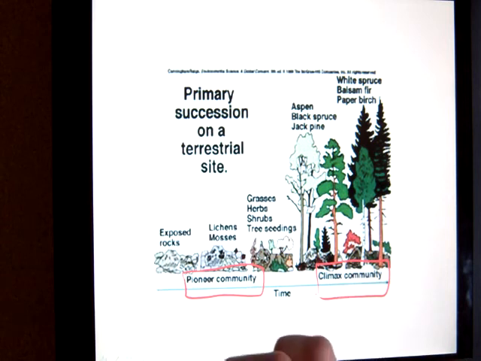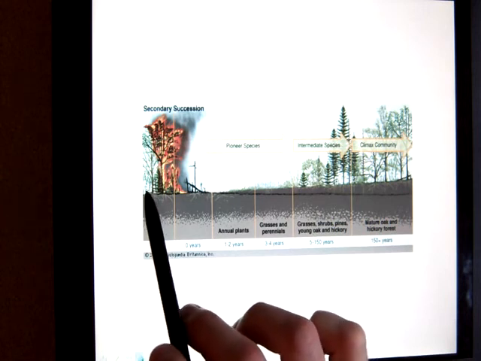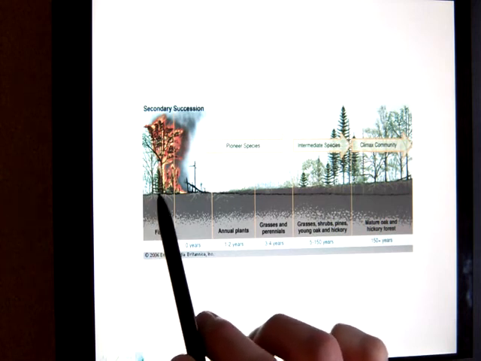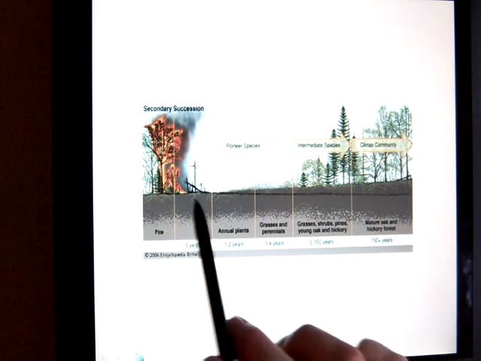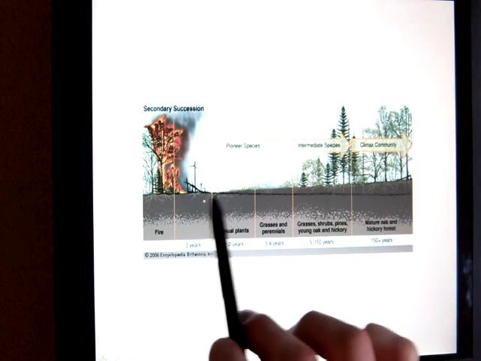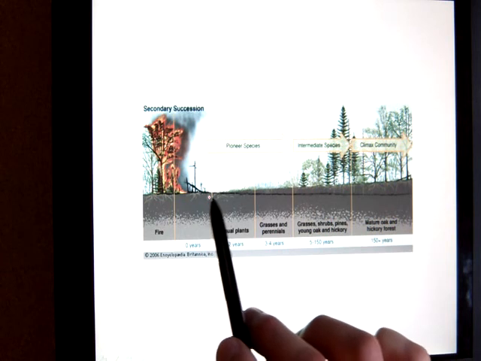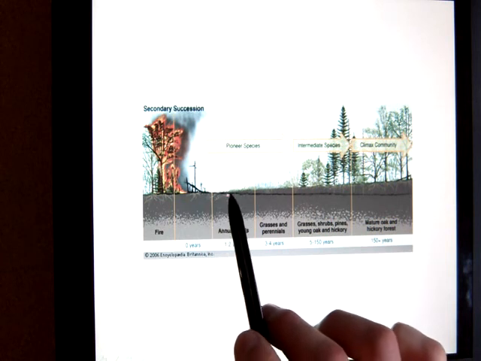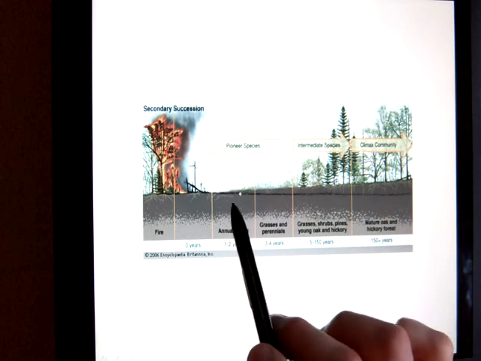Now in contrast to that, we have secondary succession. Secondary succession is when you did have something living in that area before, but it was wiped out. So here we've got a perfectly good forest, but because of carelessness or a lightning strike or whatever, we have a forest fire, and that wipes out that whole area. Okay, so over time, we're going to have nothing living there, but eventually we'll start to see a few shrubs and stuff move in there, and again, that's the pioneer species. That's the first group of species to move into the area.